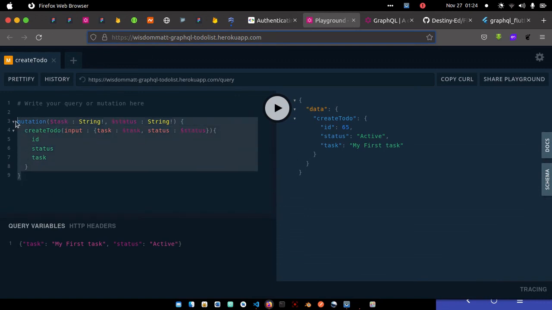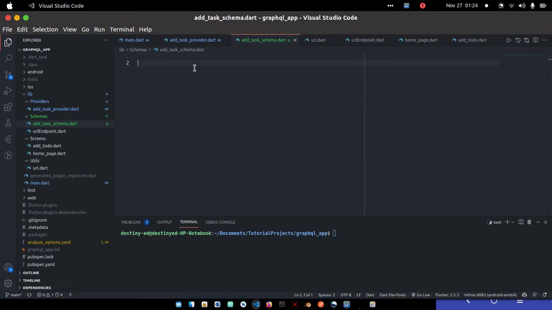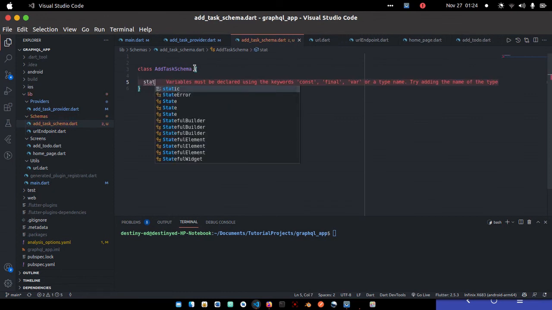Okay, so let me add the schema, which is what we'll be using, and this is the structure of how everything is going to look like. So now, since it's working here, we're very certain that it's going to work in our code. So I'm just going to copy that and go to my schema here. I will create a class and call it add tag schema. Okay, like so, and I can create a static string,